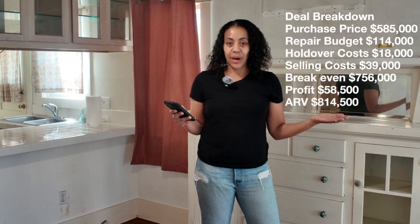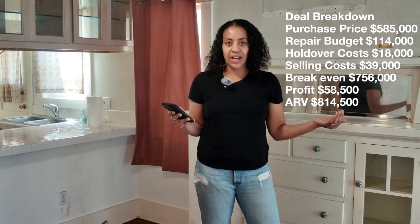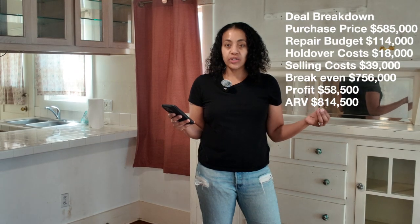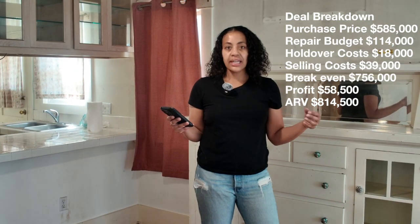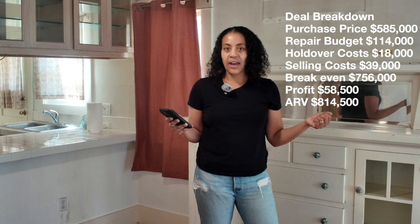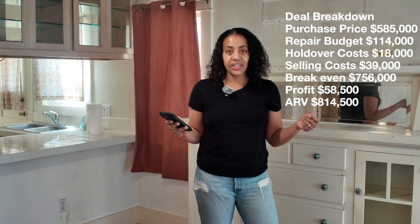property to tenants. So with all that being said, with our purchase price at around $585,000, our repair budget would be $114,000. Our holdover cost would be $18,000. Our selling and closing costs would be around $39,000. That puts our break even at